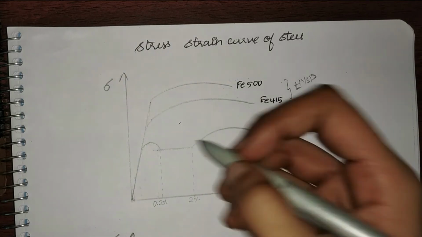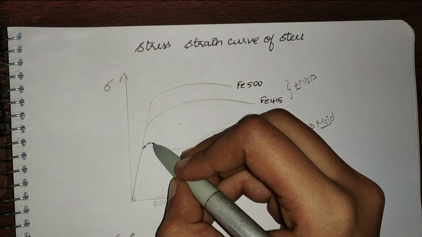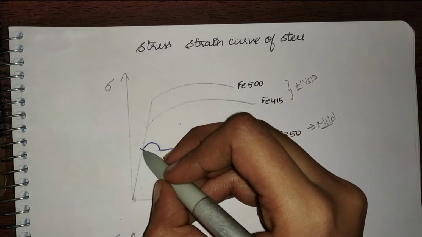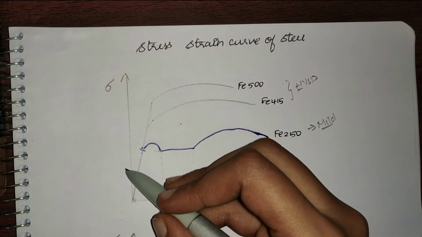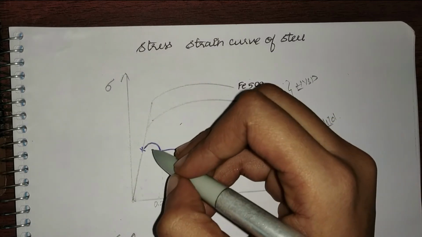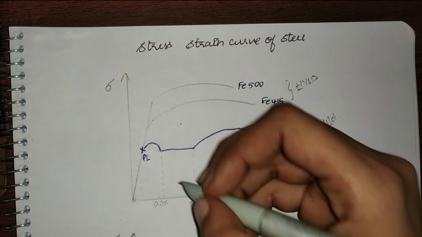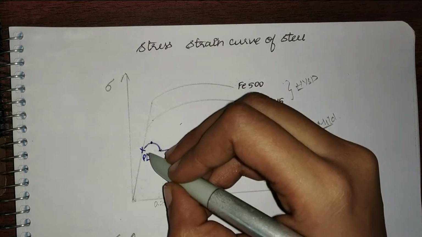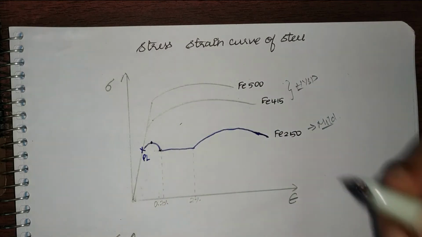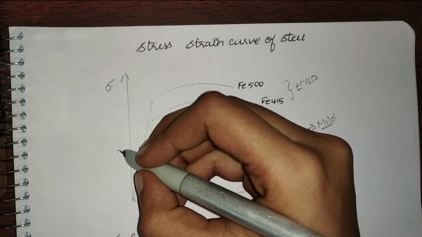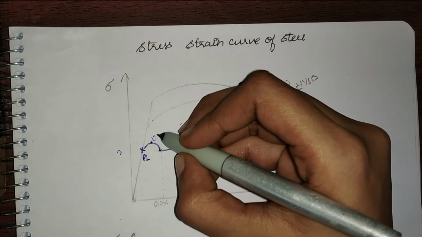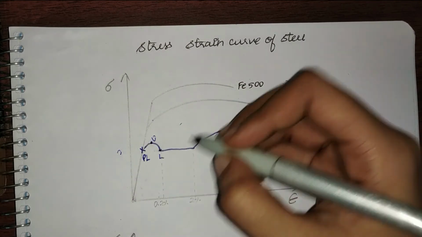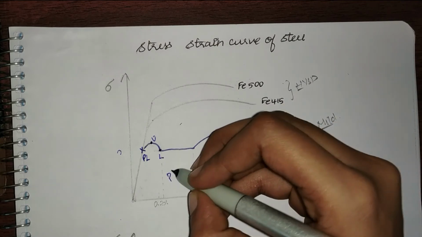Let me highlight Fe250 alone. We can see that till this point my stress is proportional to strain. So this is my proportionality limit. Next, I have my upper yield point and lower yield point. I have drawn this bigger so that I can explain it. In reality, this curve will be very small like this. So this is my upper yield point and this is my lower yield point, and this part is my plastic part,